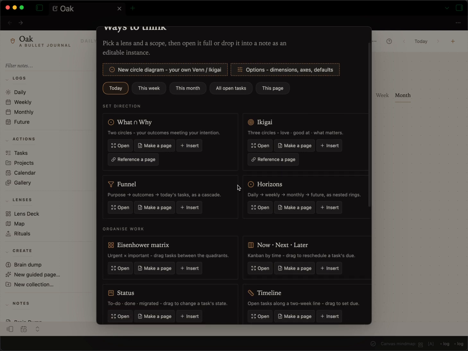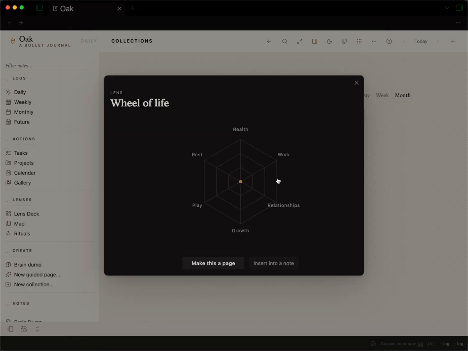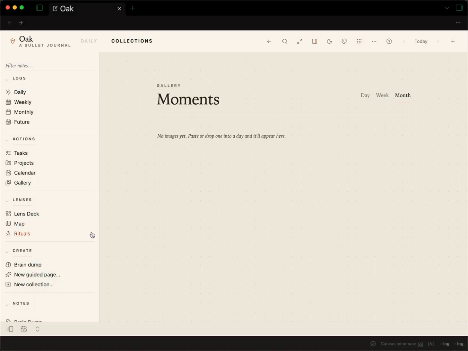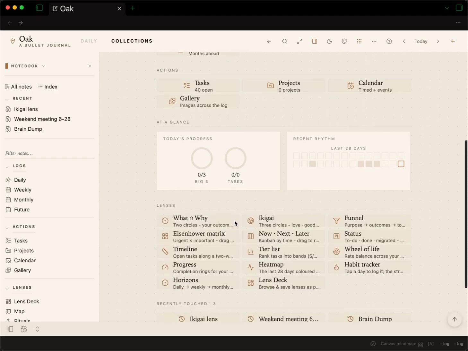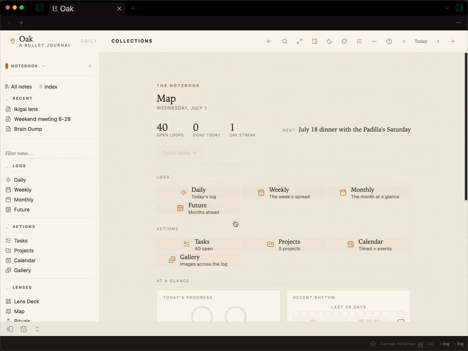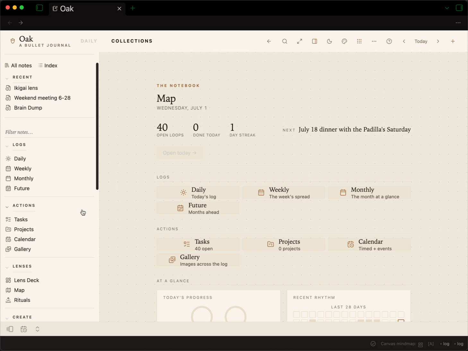Part of the other thing is this idea of lenses, like I mentioned. So do I need to make something like a Wheel of Life and start to kind of identify? There's a lot of different maps and integrations of different philosophies and routines in terms of how we think about things. But what I'm ultimately trying to do here is zoom out and show the more important things at a quick glance, all while still giving you the opportunity to build. And in this case, you need to create a collection, map it so that it's still part of a lens